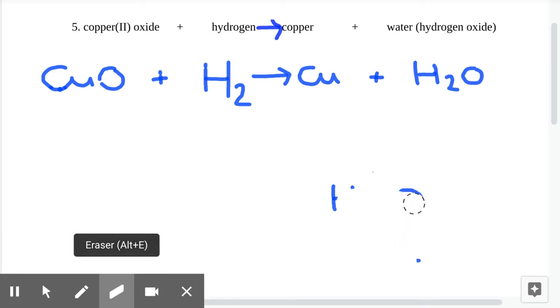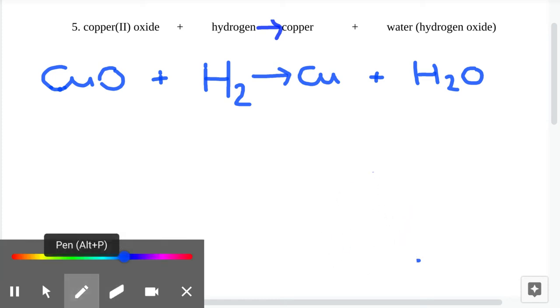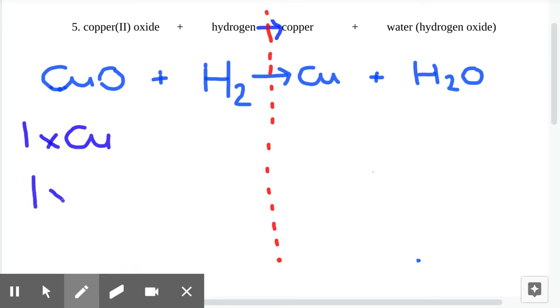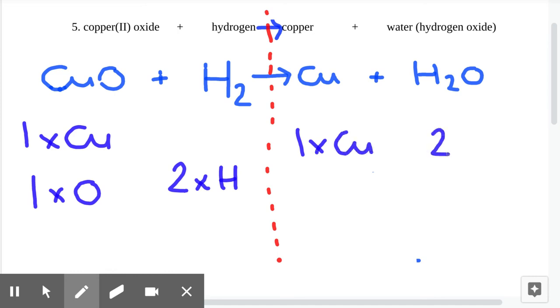Okay, so now we've converted all those into symbols and formulae, we have to basically add the things up. So we add everything up on the left-hand side of the equation, and then we add everything up on the right-hand side of the equation and see if they add up or not. So we have 1 copper, we have 1 oxygen here, we have 2 hydrogens, because we've got the H2 molecule, we've then got 1 copper on this side, we've got 2 hydrogens from the H2 part of H2O, and obviously